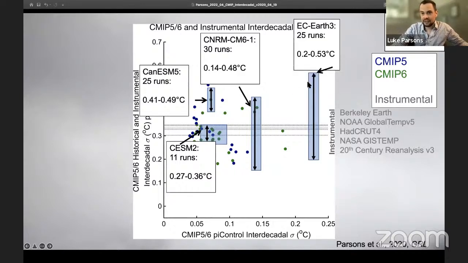And then if I did this for EC Earth, our most variable model, it just so happened the one I happened to initially download and publish in our paper in GRL, it was this point all the way up here. But if I looked at one of the other 25 runs in the EC Earth 3 large ensemble, it could go all the way down here, with one of our historical runs having almost no trend in the historical run, versus all the way up here, where you have internal variability combining with a warming trend to make this kind of huge warming trend in some of the other ensemble members.